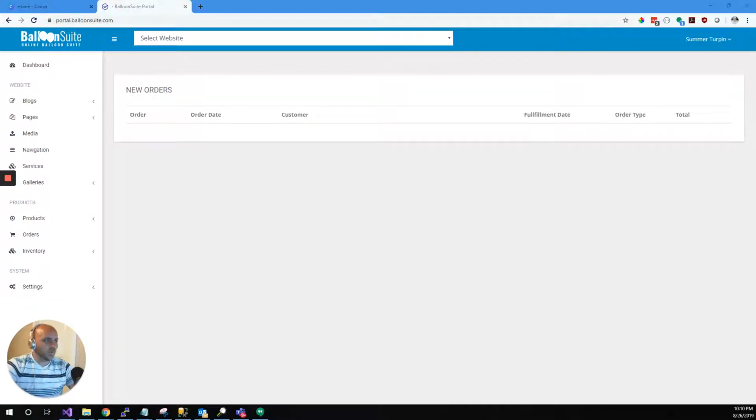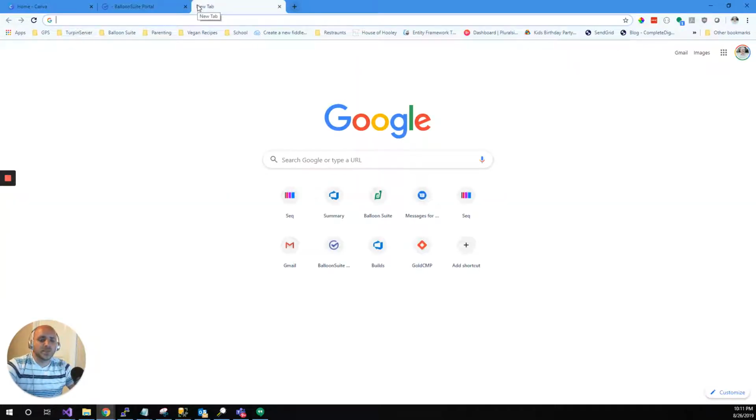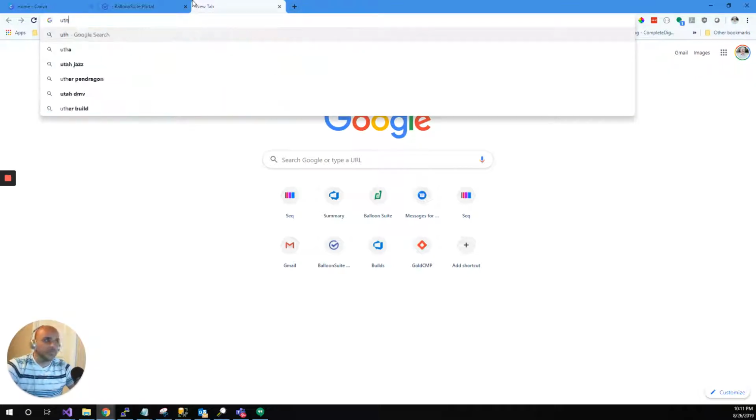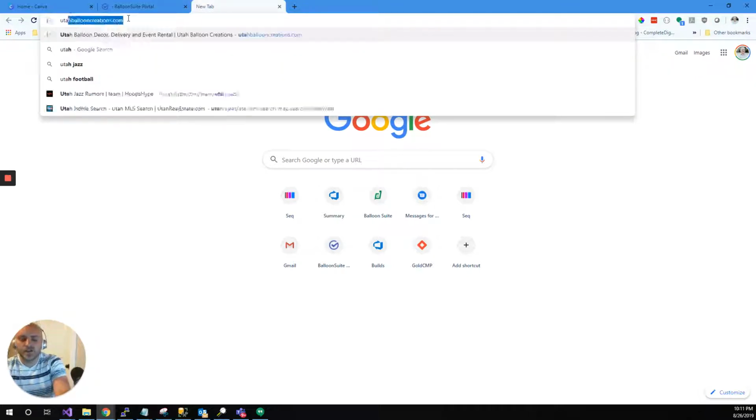So one of the things that I wanted to demonstrate was how I resize my images for my website. When you have a website, it's important to have images that are very similar in size, a little uniformity, and it's very easy to get images that are too big or not the right dimension. So if you look at my website here,